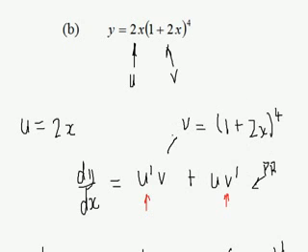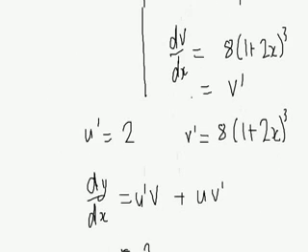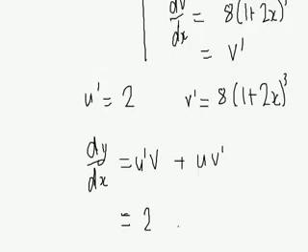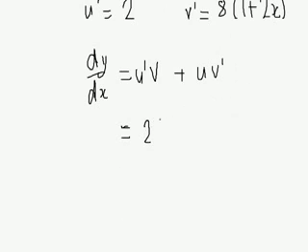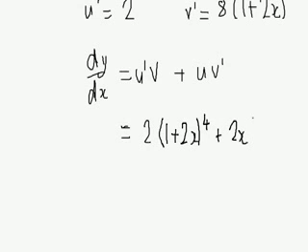Now that's v, so we need to substitute that, which is 1 plus 2x to the 4, plus u is equal to 2x, we know that, and v dash is equal to